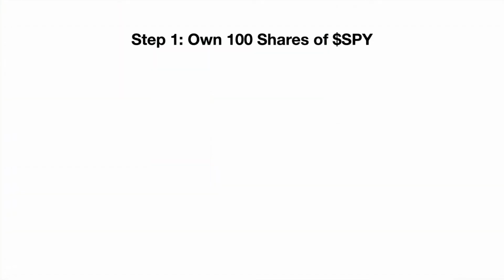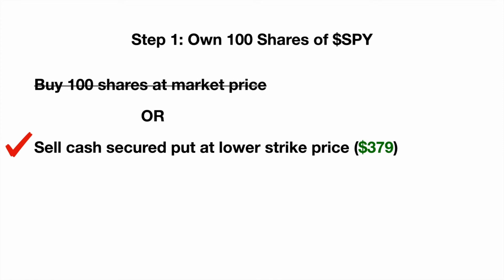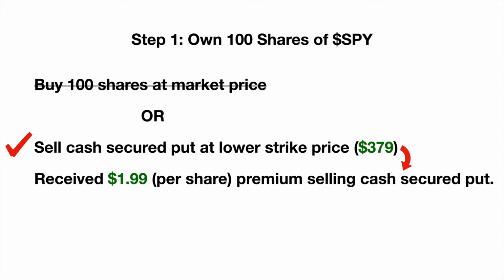First step in this strategy of selling covered calls against SPY is to own 100 shares of SPY. So I could simply buy 100 shares at the market price, or I could sell a cash secured put at a lower strike price, collect some premium, and obtain those shares at a lower price than what SPY is trading for now. And as you can bet, I went for the second option, sell cash secured put at a lower strike price. In this case, the strike price was $379, and I received $1.99 per share in premium for selling